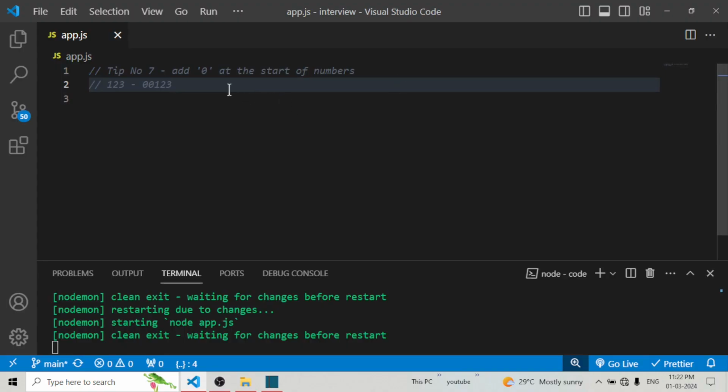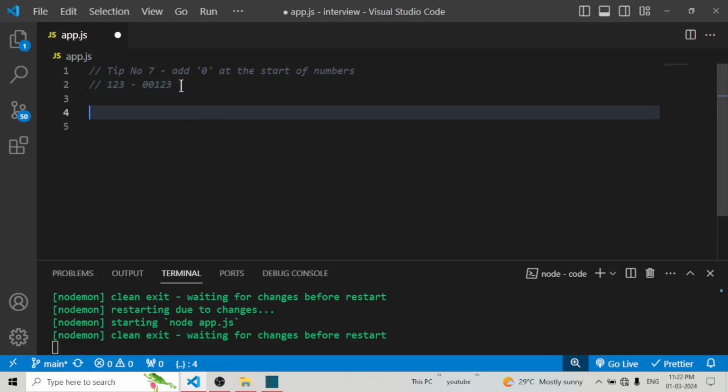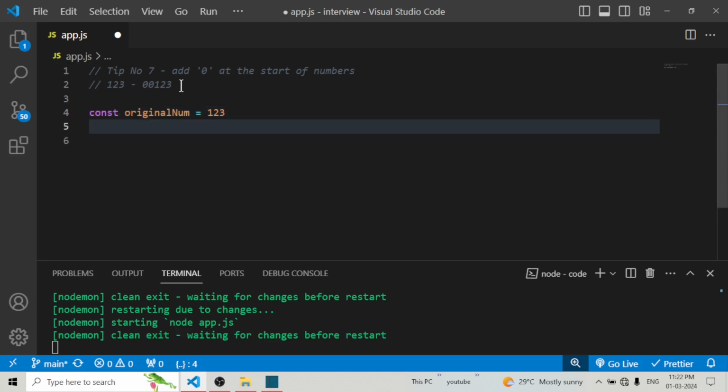So in the next step, we have to add zeros at the start of the numbers. For example, this number is 123, so we have to add two preceding zeros here. Even for that we have some built-in methods, so we can use that, right? So we'll take the original number as 12123, right? So now we have to add two preceding zeros to that. So what I'll do is